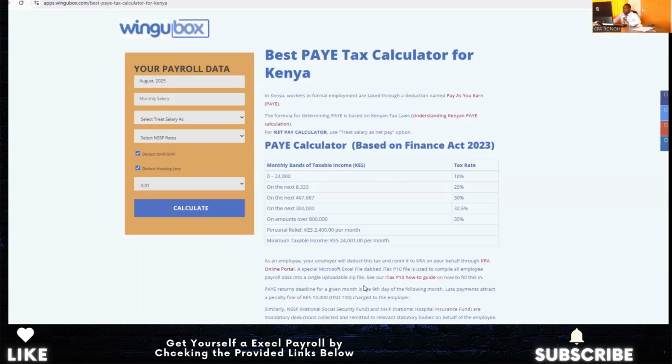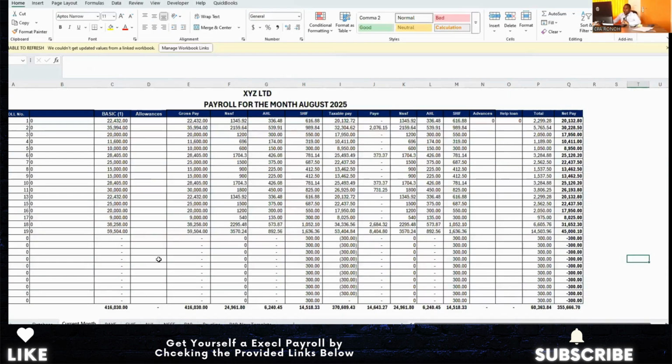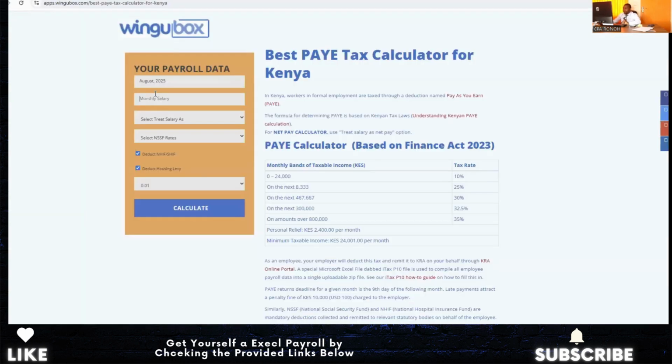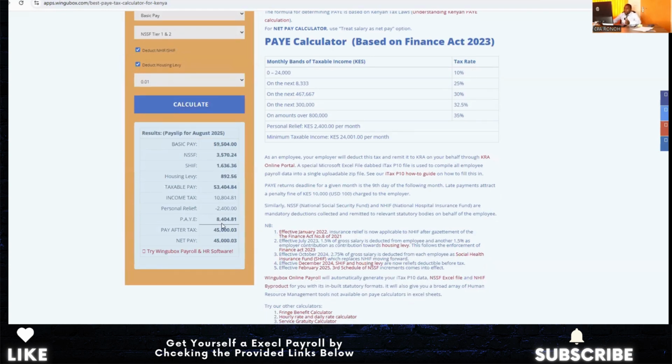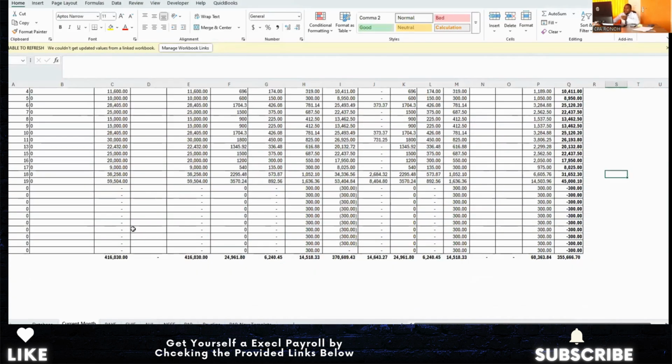A gross salary. If you check my payroll, that is the gross salary of 59,504. 59,504 as a basic. Tier 1 and Tier 2 calculate. I'm confirming whether I'm getting the correct payee. My payee should be 8404.81. What do I have in my Excel payroll? The same. Great. So you can see my payroll is working very well because I added 1 employee, and now